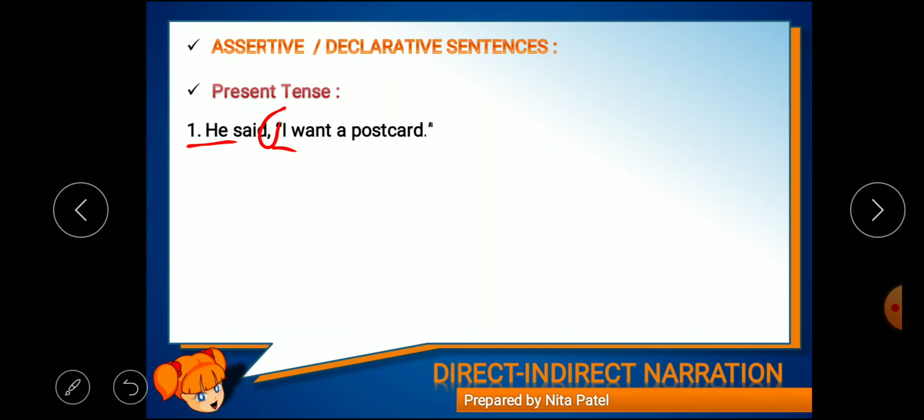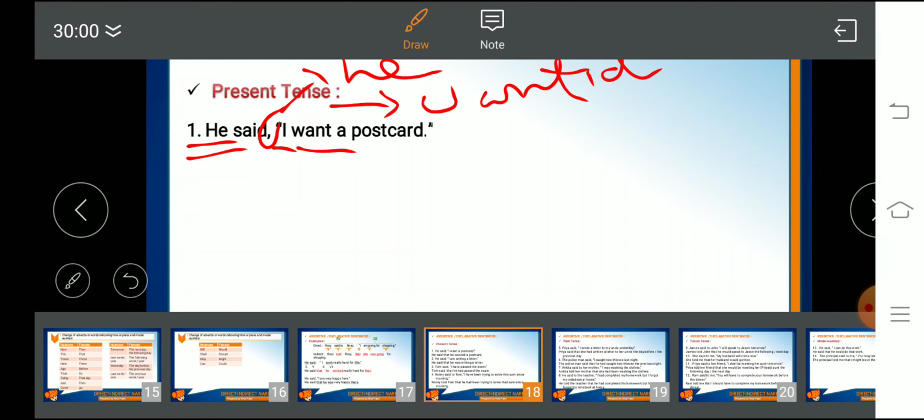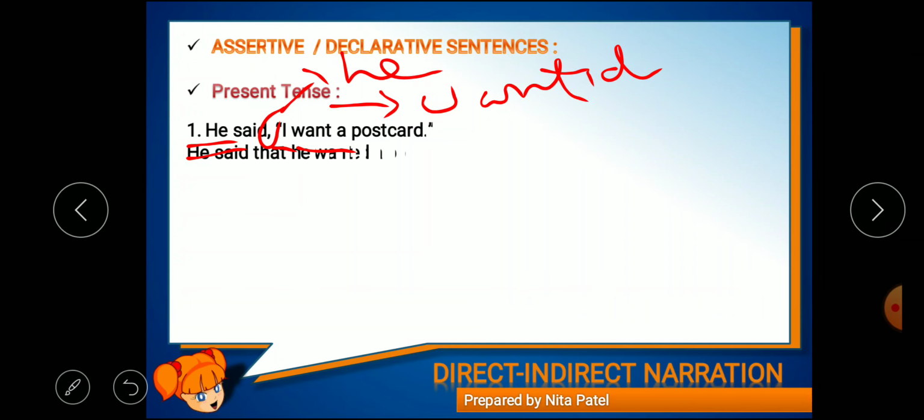I will convert according to the subject. Who is the subject? He. So I will turn into he. Now want is simple present, so want will convert into simple past. So V2 format, wanted a postcard. Okay, now there won't be any changes. Let's see the answer. He said that he wanted a postcard,